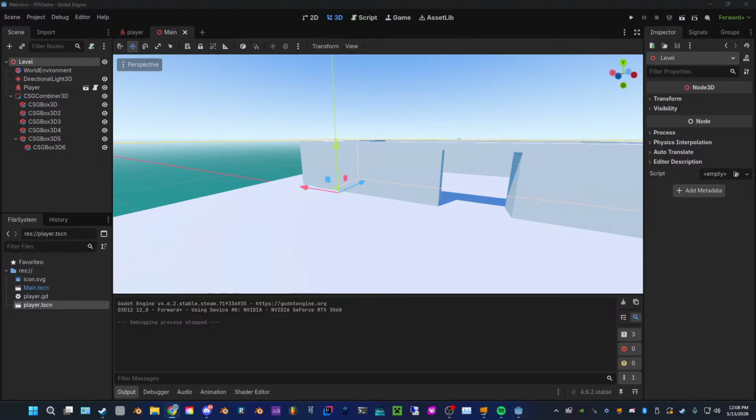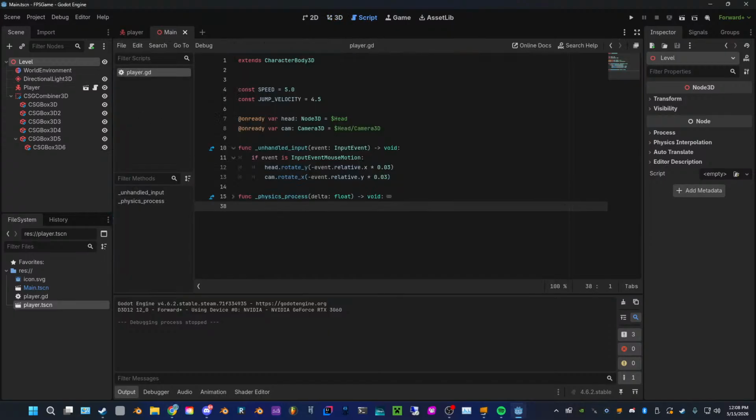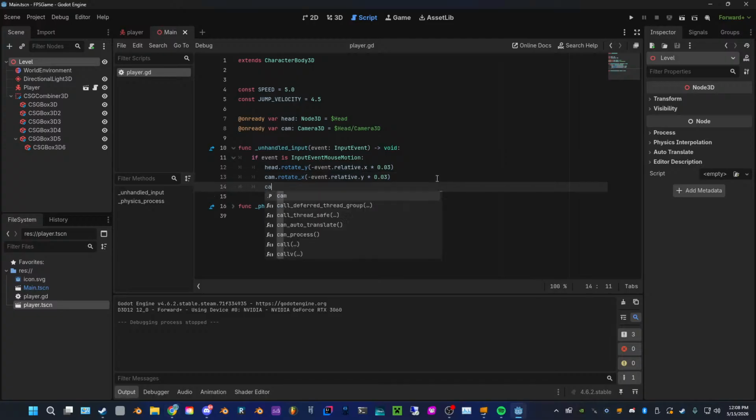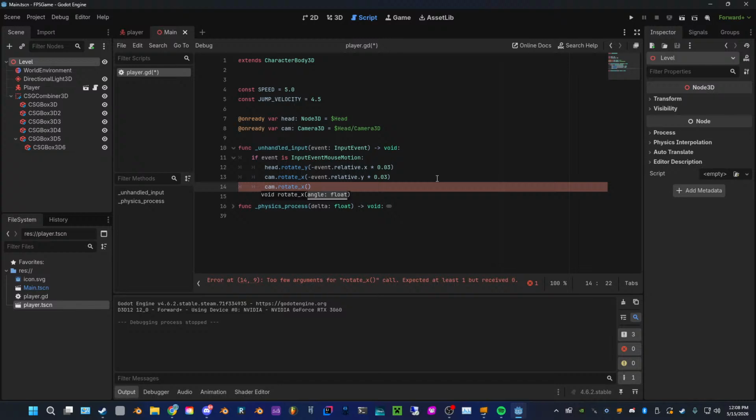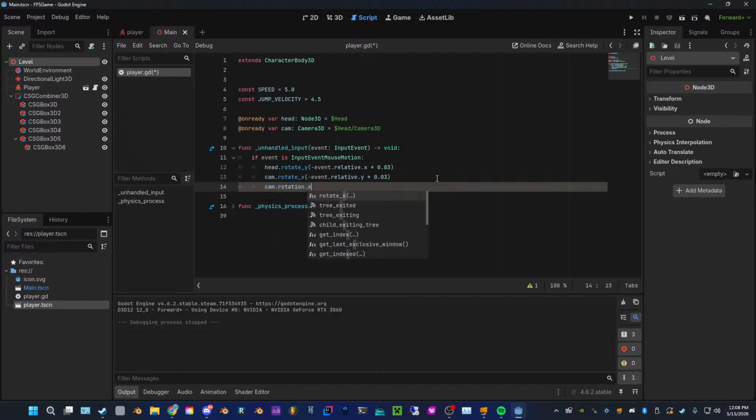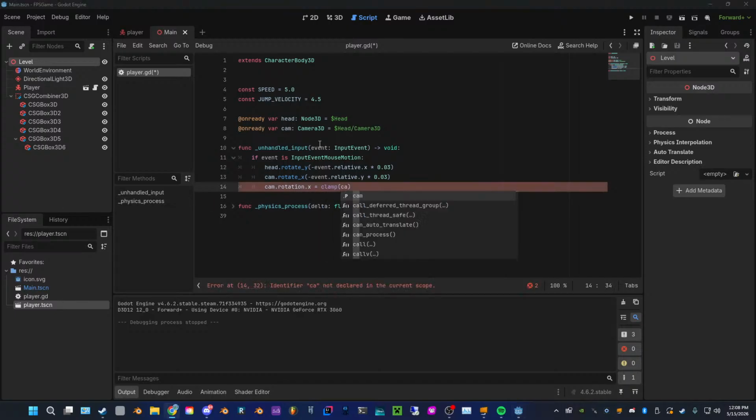Our sensitivity might be a little too high, and also we can do cartwheels with our head. So let's use the clamp function, which can limit the rotation of our camera to a minimum